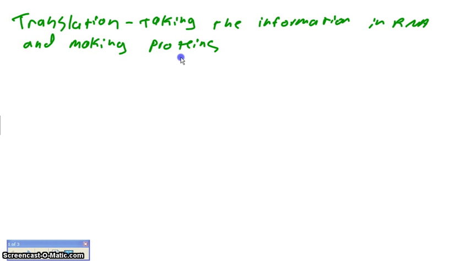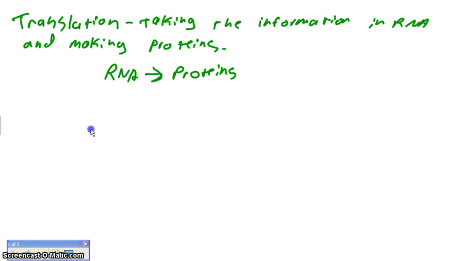Which, remember, proteins are the workers in our body, so they actually do stuff. They control what we look like, what goes on, cellular respiration, photosynthesis in plants, all sorts of stuff like that. So we could summarize translation. It's simply taking the information in RNA and using that information to make